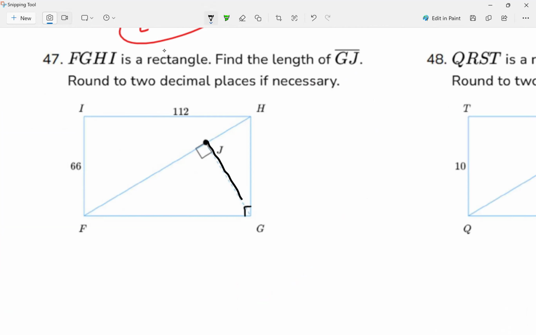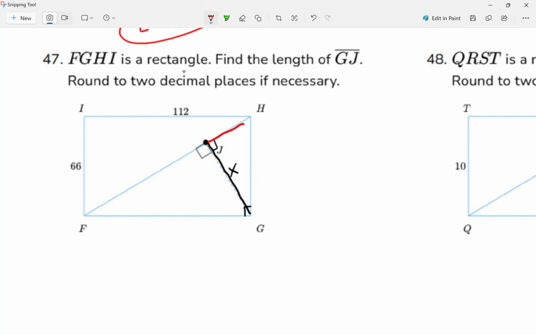So find this length. Let me call it X for right now. Round to 2 decimal places. I can say this corner right here is also 90 degrees because I see the segment FH. One side is 90 degrees. So I see 90 degrees and I see